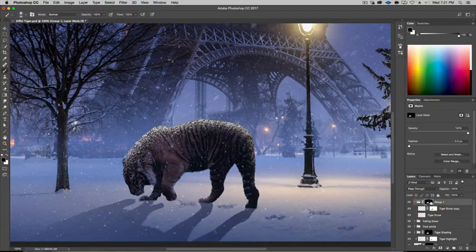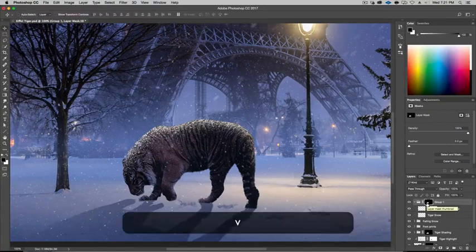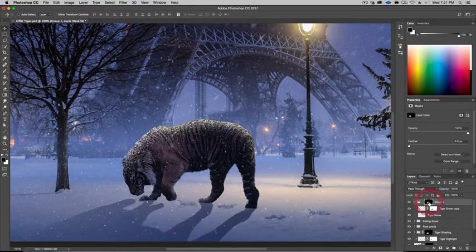I can also go in here and fuzz out this mask, because I feel like it's really sharp on his back. Let's see what happens if I, ooh, it's giving him a glow. That's not good. All right, let's keep it sharp. Let me see if I move this, just move the mask alone, one pixel. Yeah, it adds a little bit of a layer. So I moved it one pixel up, and it adds a little bit of a layer of snow on him, which I kind of like.